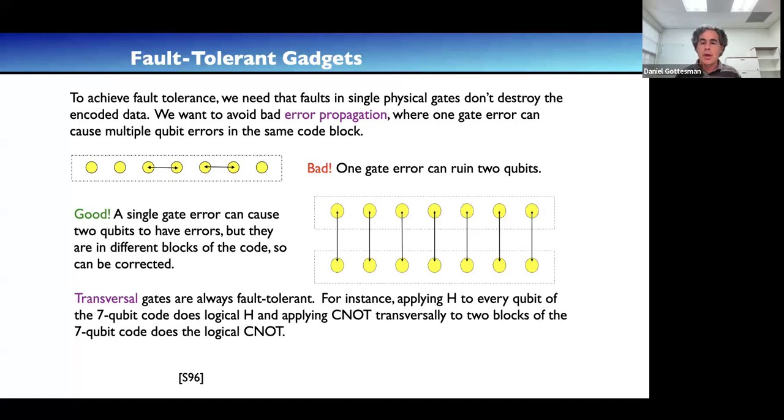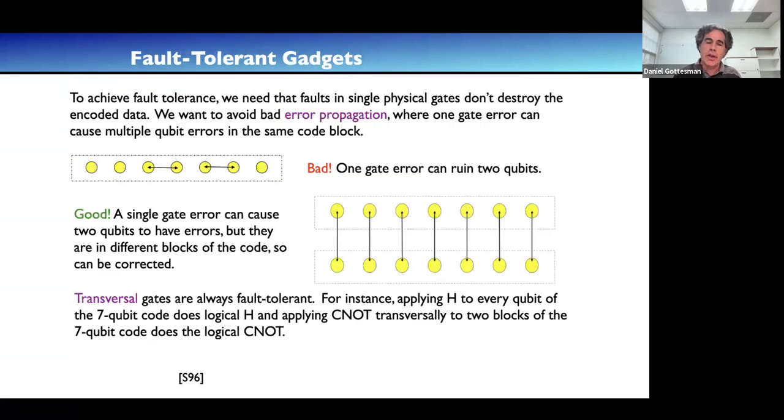and so on. And what that means is that if we have an error that propagates along one of these transversal gates, even though you had two errors, they're in different blocks of the code, each of which can correct one error. And so you still have your original robustness against errors. And so that is a good way to deal with error propagation. It kind of channels it into ways that are acceptable to you.